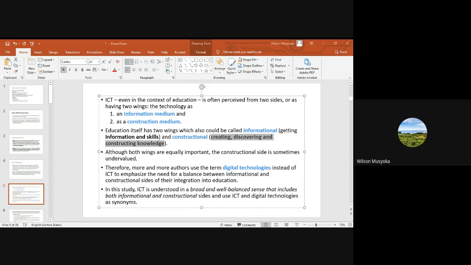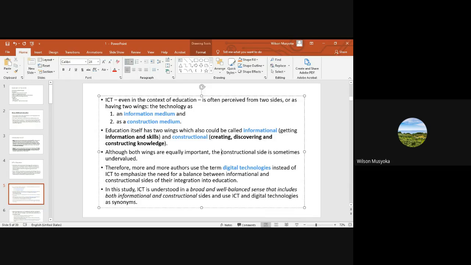You'll be able to access it and look at something new which you didn't know before, and you will learn about it in the process of doing your assignment, in the process of creating your own technology. So that is why we talk about ICT having two sides. One side is that one of delivery. The other one is the one for creating. So when we are using these two sides,